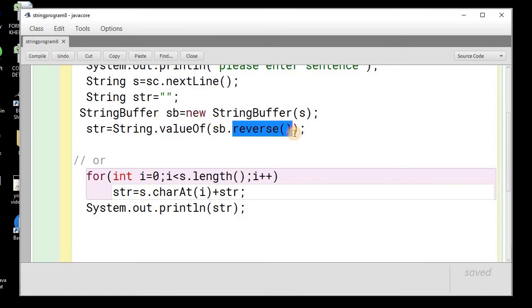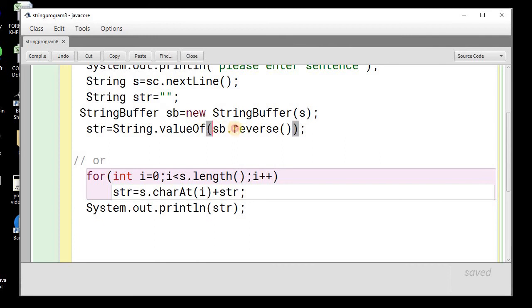Then we will be using the reverse method of the string buffer to reverse that string, and then again we will be converting that string buffer into string. That can be done with the help of the valueOf method available in the string class. Here we can see these are the three steps. One, convert the string into string buffer.